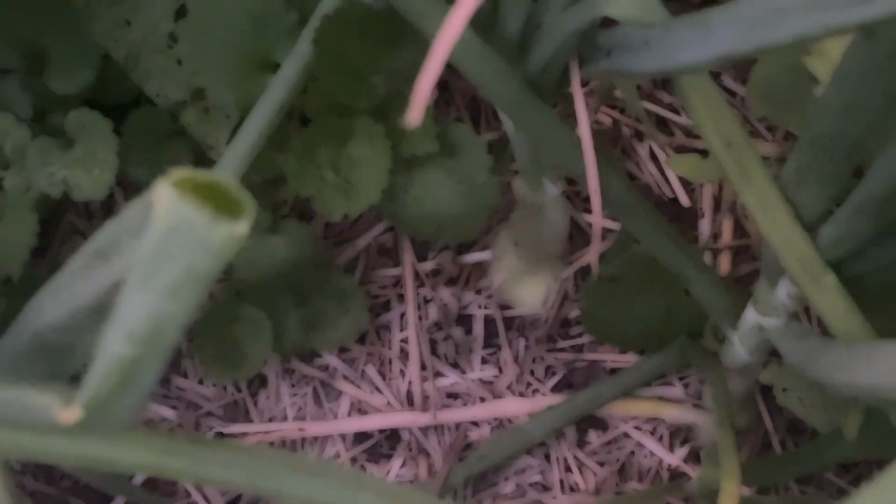Our onions are also doing really well. Tops are looking nice and green. They are starting to bulb up. I'll just zoom in here if I can. It's gonna focus on everything else but the onion. Let me go in a little bit closer. Yeah, you get the picture. Not all the onions are quite so bulbing, but we've got like another month and a half or so to go before they're due to be harvested. So I'm not too concerned about that. But speaking of,